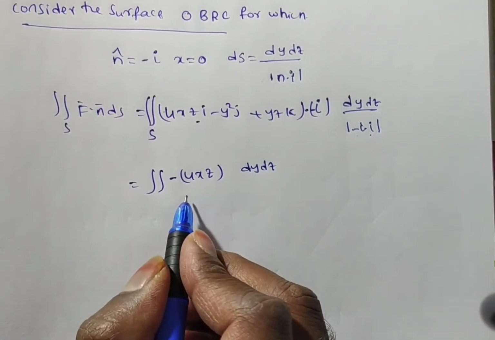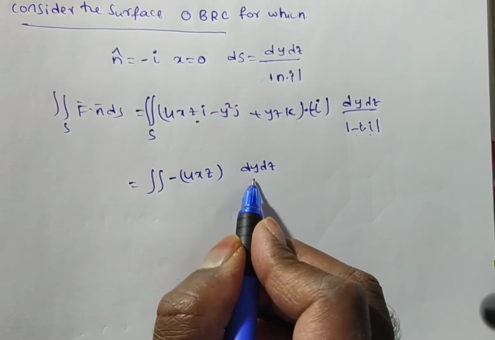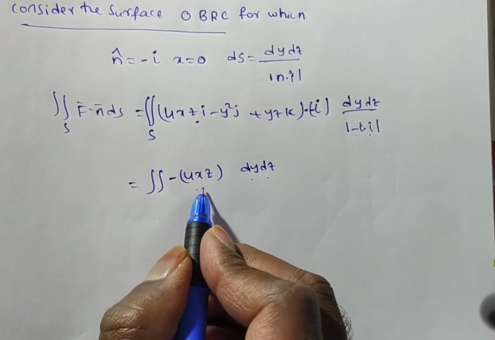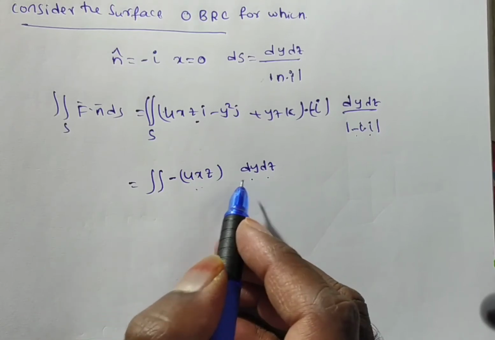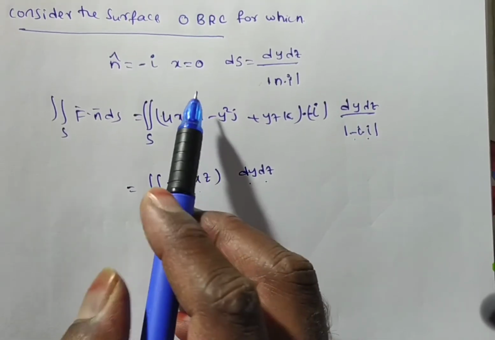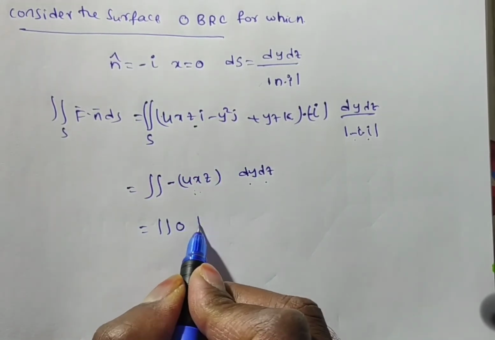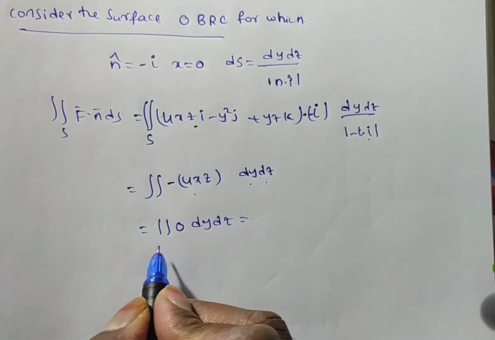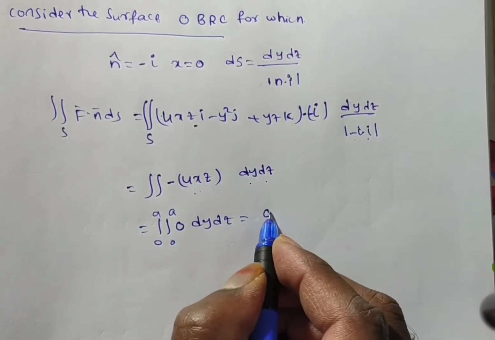Now we have to evaluate this integral. Here we are integrating the integrand with respect to y, z variables. Here you have x term, so we have to change x value in terms of y, z terms, but here what is the x value you have in this region, in this surface, we have 0, so double integral over 0 dy dz. So limits from 0 to a, limits from 0 to a, this is definite integral, that is why you are getting 0 only.